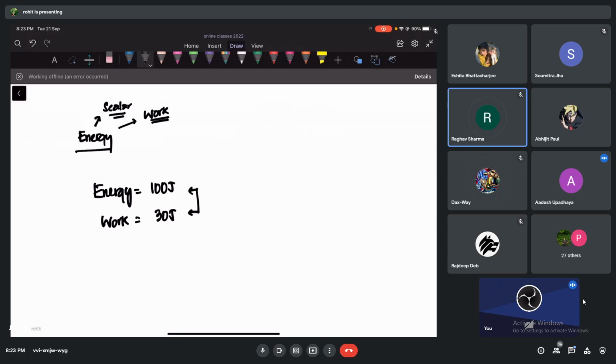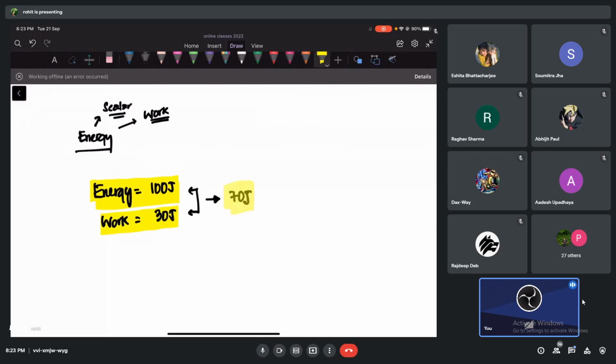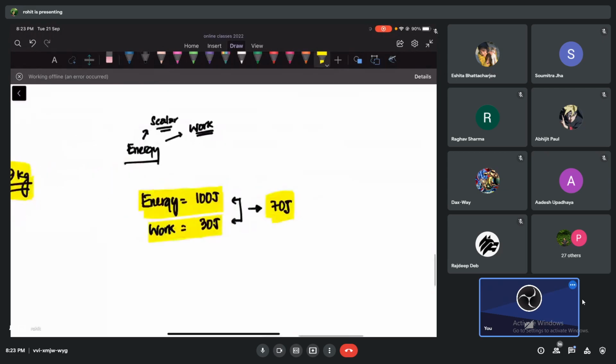It will reduce. I have 100 joules of energy. I do 30 joules of work. My energy left will be how much? 70. Why am I writing kg? 70 joules. In any of these cases, whether you add or subtract, I was talking about scalars,